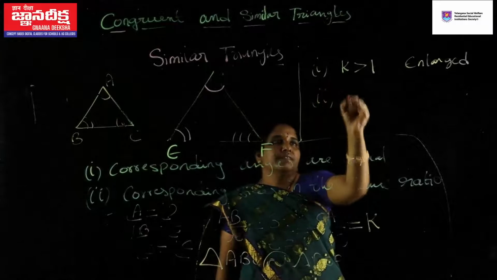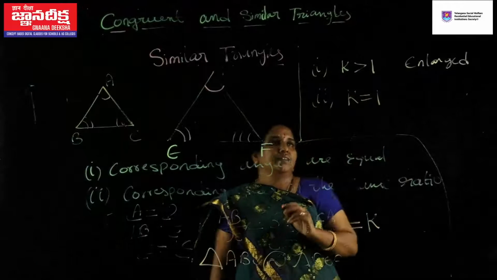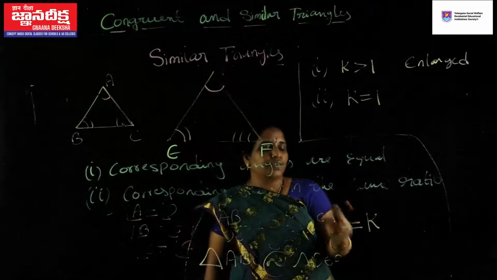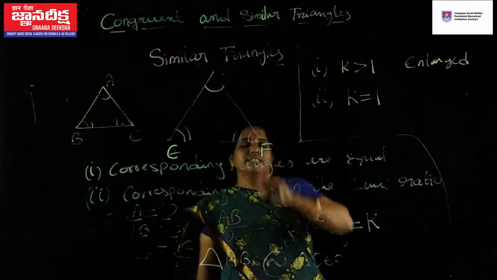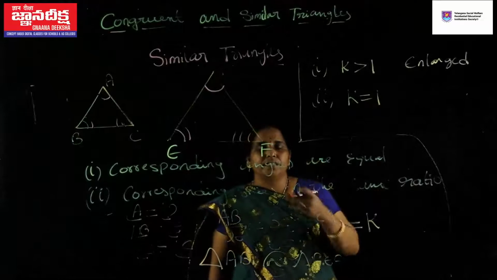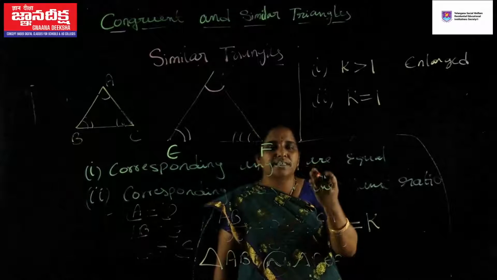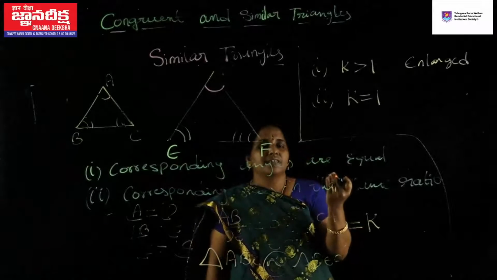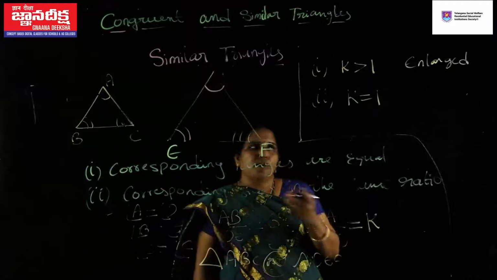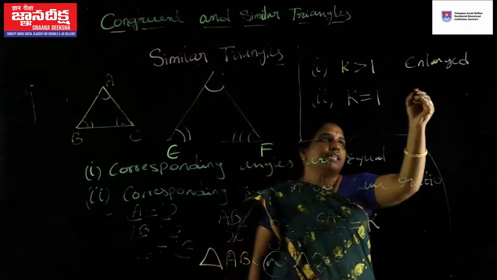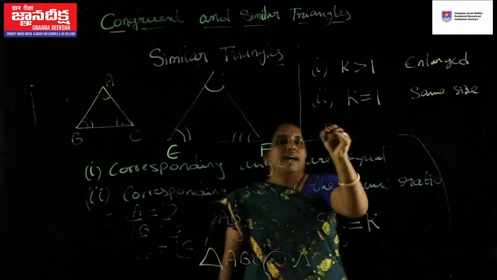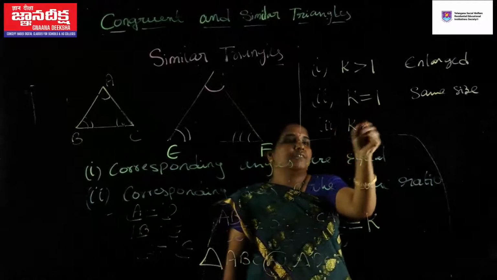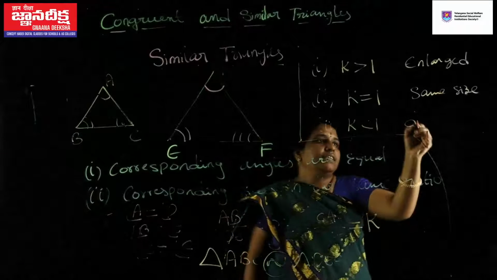And second one, K is equal to 1. K is equal to 1 means the ratio is equal to 1. So automatically both the objects will be of same size. It is going to be a mirror image. If I stand in front of the mirror, I can see my image as it is. That is nothing but a congruent object. So K is equal to 1, same size. No difference in the size. Equal. And third case, K value is less than 1, we get a diminished